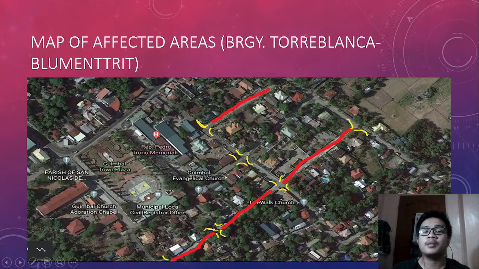So this is the map of the affected areas. Our barangay, Torreblanca Dumitrit, consists of the area where my cursor is rotating. As you can see, this indicates the streets that have malfunctioning lights. Those in red are here. It's in our street here, another street here, as I went around the town, the barangay rather. So the red lines are the affected